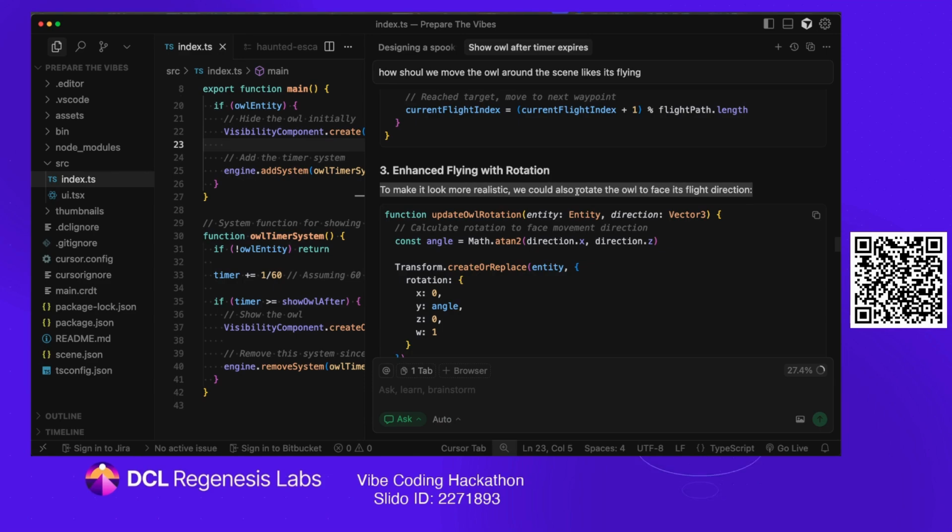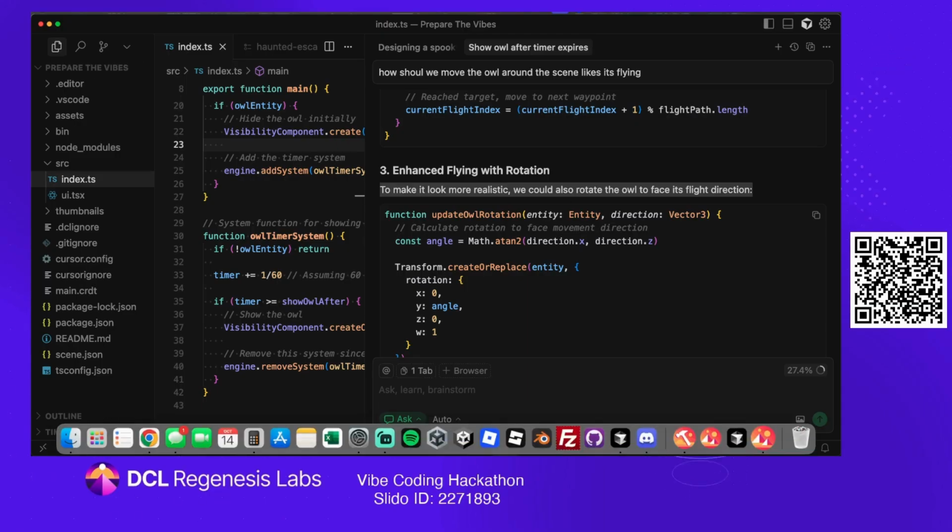And so that's how good AI has gotten from Ask Jeeves and the original Yahoo stuff, where it's not just, what is the circumference of the earth? It's like, hey, I want to make a bird fly around a haunted house. And it's like, oh, okay, are you sure you don't want to rotate the bird as well as it flies? So definitely ask it questions